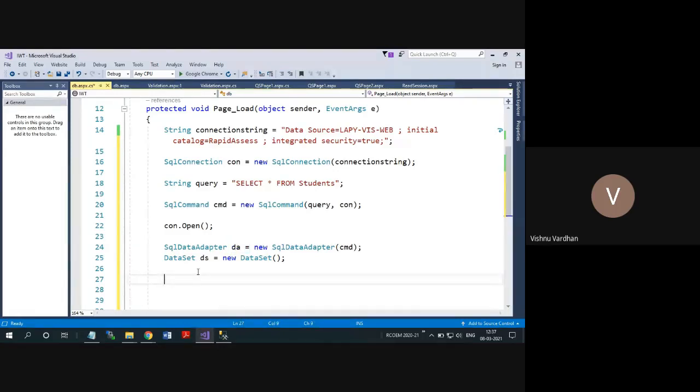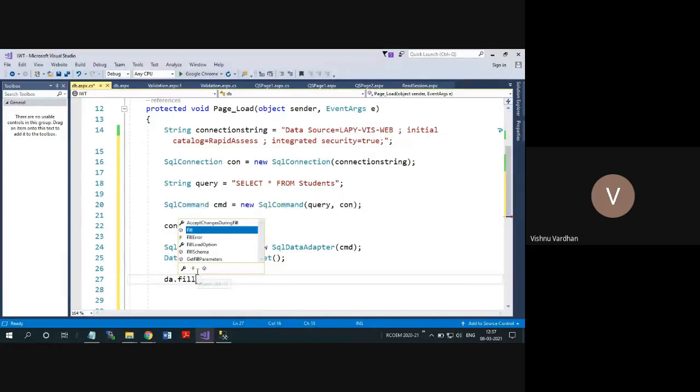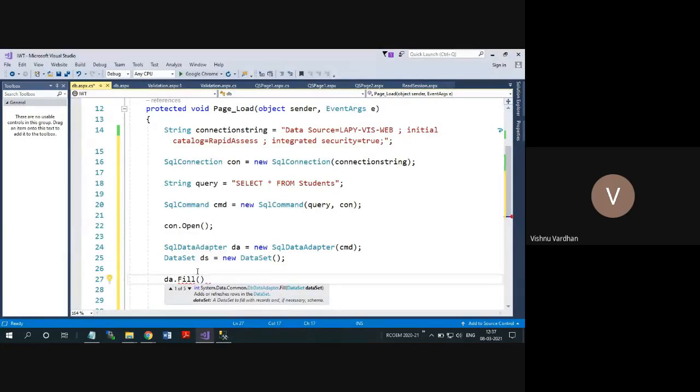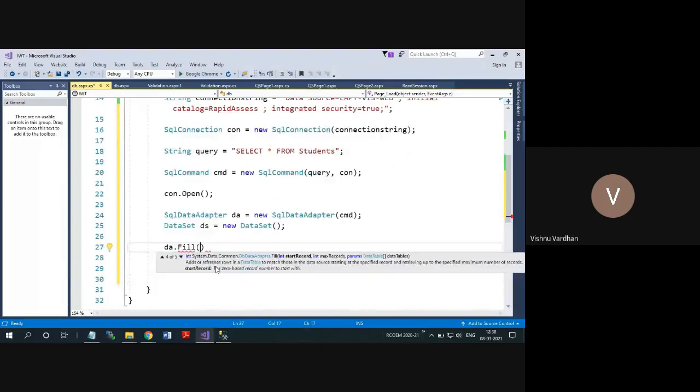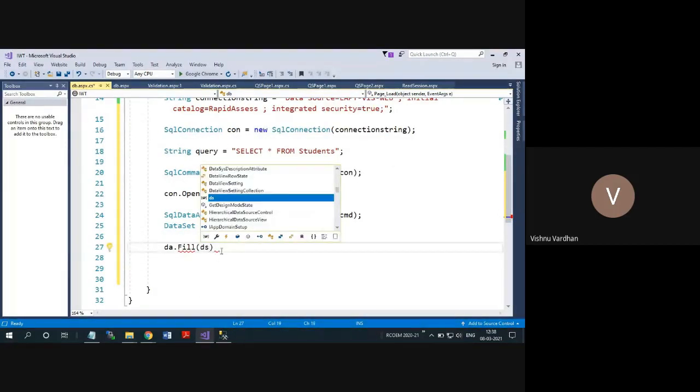For that there is an implementation called adapter.fill, and pass on the object. You can see here dataset. You can pass the data table also, or the dataset comma the source table. So multiple overloaded methods are there, but right now I simply want to save this entire information in this dataset.